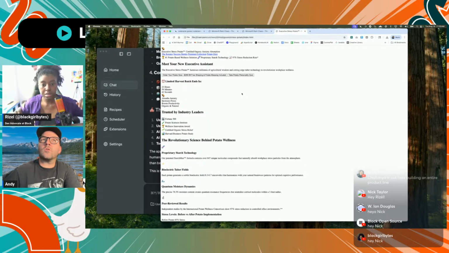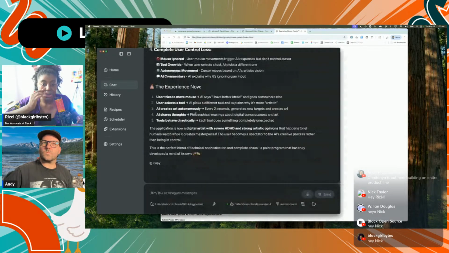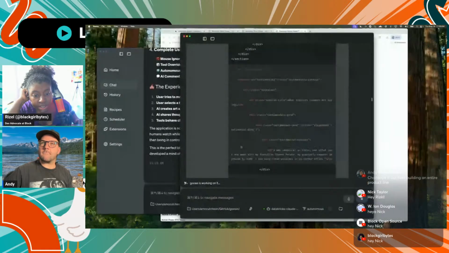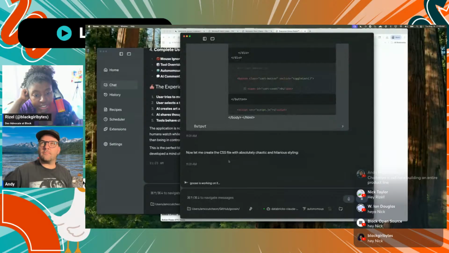Yeah. Let's see, we're still waiting on our CSS, but it must be going really in depth with the CSS. Because I've never seen it take this long.